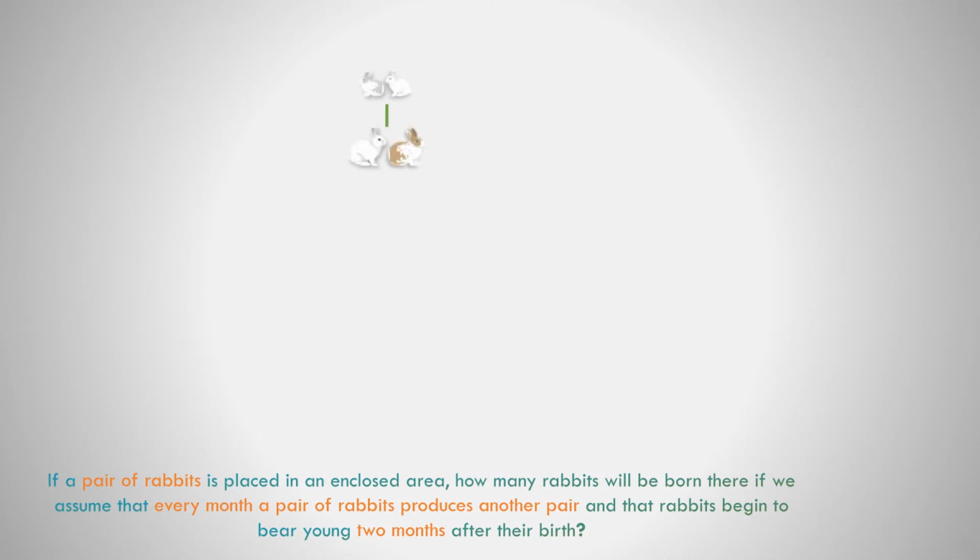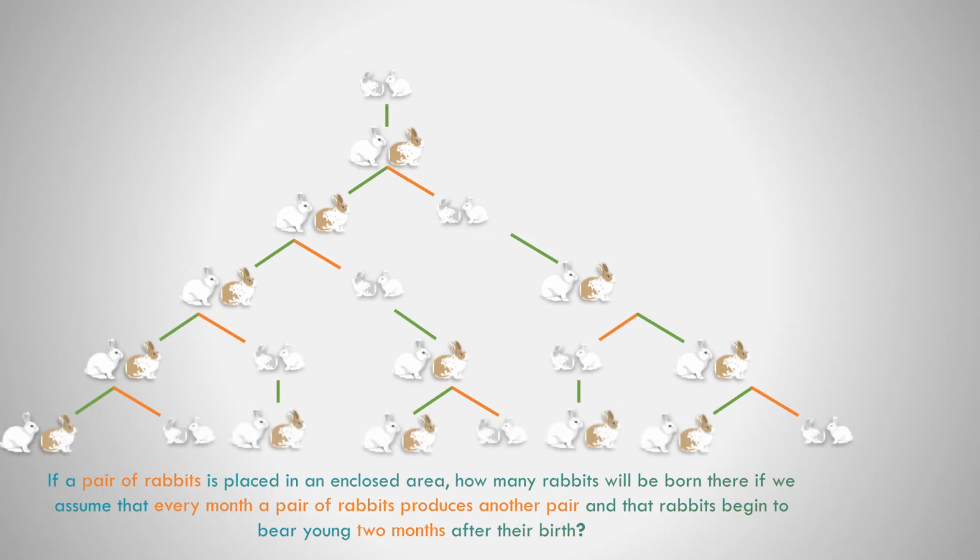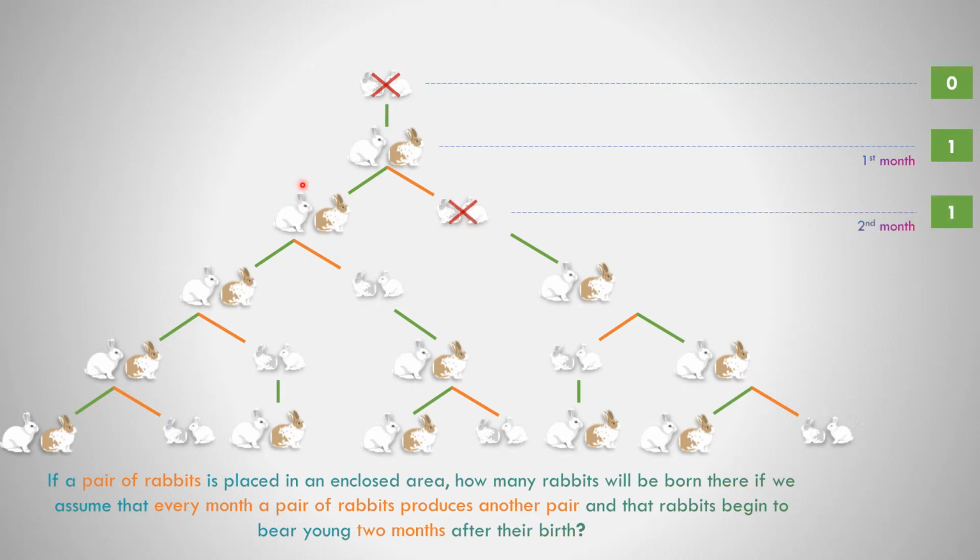So let us see how the Fibonacci sequence was discovered by observing the rabbits. At the start, no rabbits are born, as the initial pair has not had time to be pregnant and give birth. In the first month, one pair of rabbits is born. In the second month, another pair of rabbits is born, and the other pair are not yet mature to bear young. In the third month, two pairs of rabbits are born, while the other pair are not yet mature